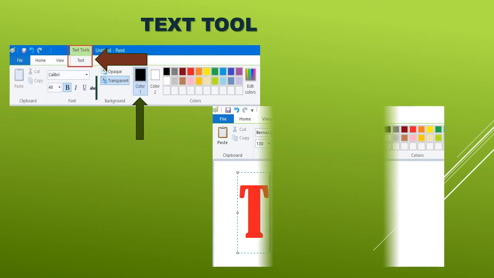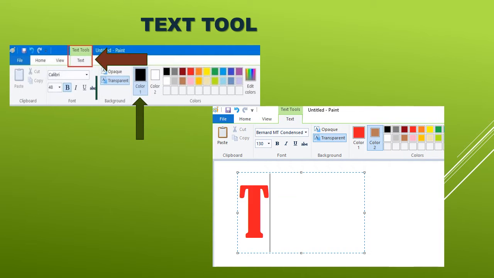After that, you just click your mouse on the drawing area and start to type inside the text tab. Whatever color and font style you have selected, the same will appear. When you are typing the letters, that font size will be used. You need to type inside the text tab.